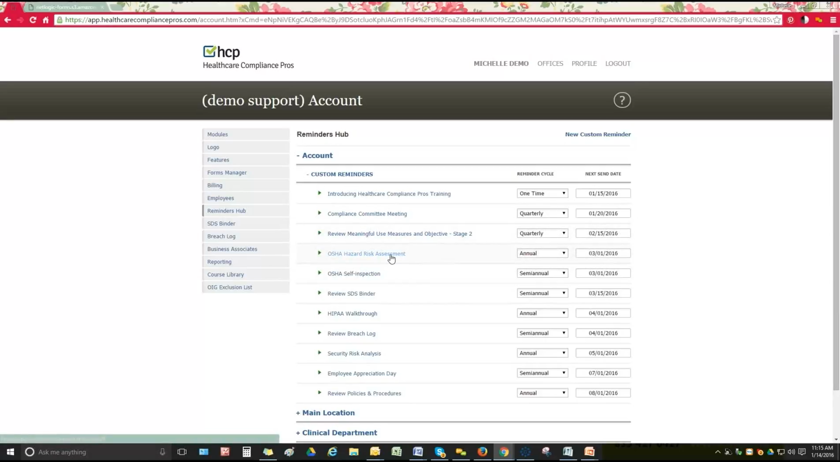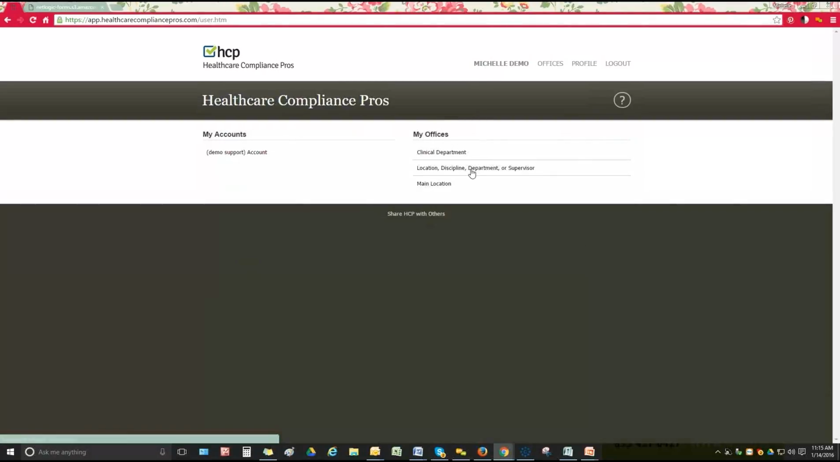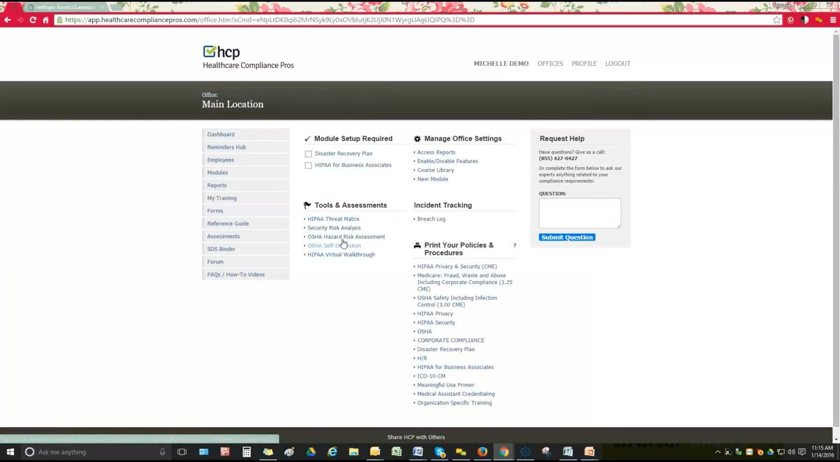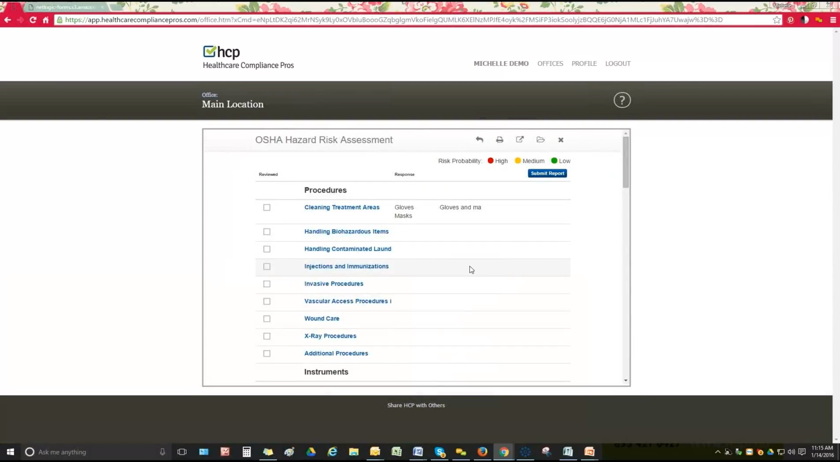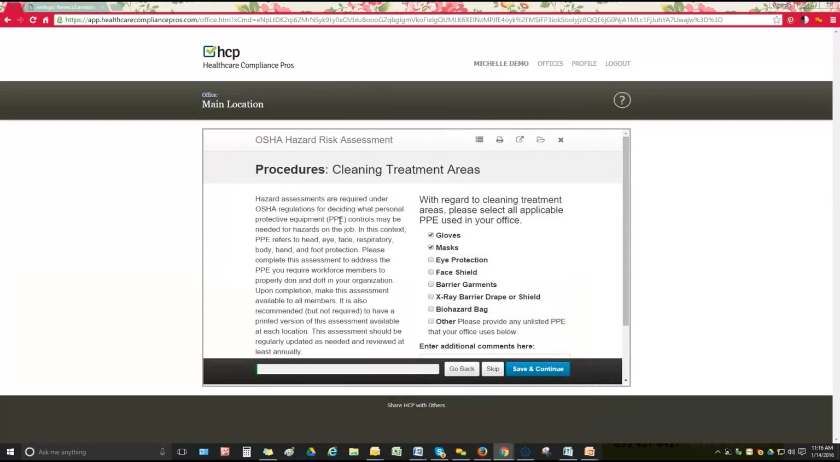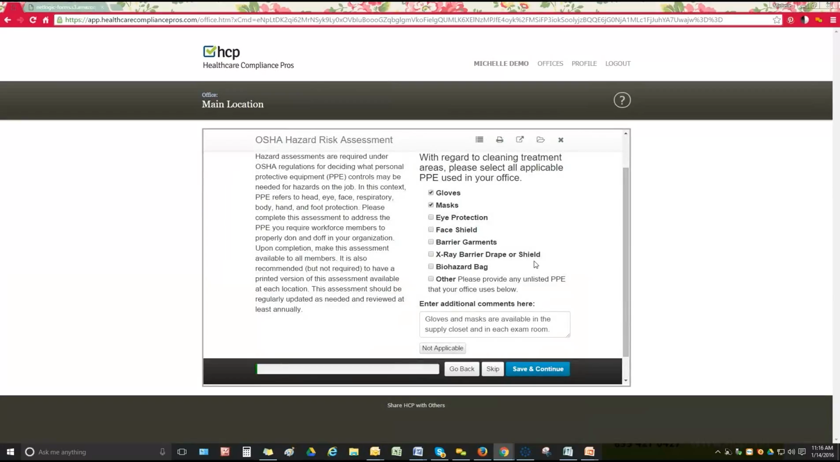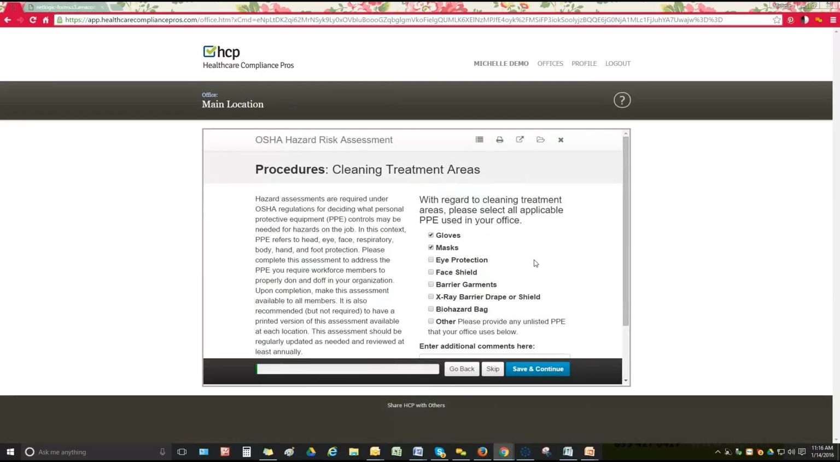The next one is the OSHA Hazard Risk Assessment. So I want to let you know that we have 3 parts of OSHA that you can be reminded of on a semi-annual or perhaps an annual basis. The OSHA Hazard Risk Assessment, I'm just going to go into your office and show you that OSHA Hazard Risk Assessment right now. It's right here in your Tools and Assessments, and this assessment records the PPE, the personal protective equipment, that your staff members may be using in a specific area of your practice or with specific tools